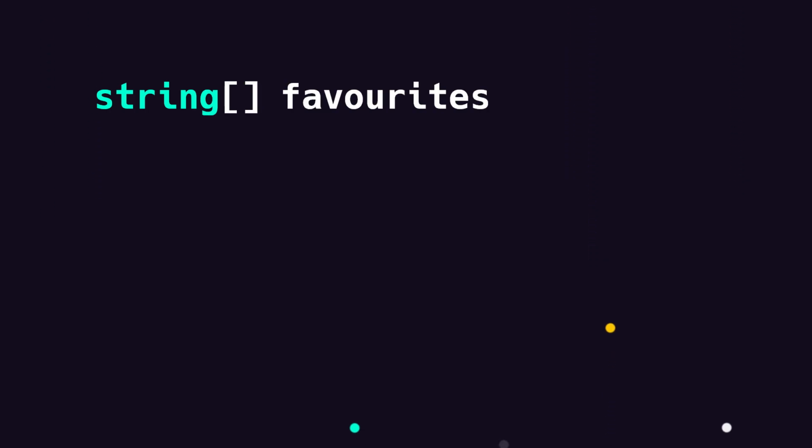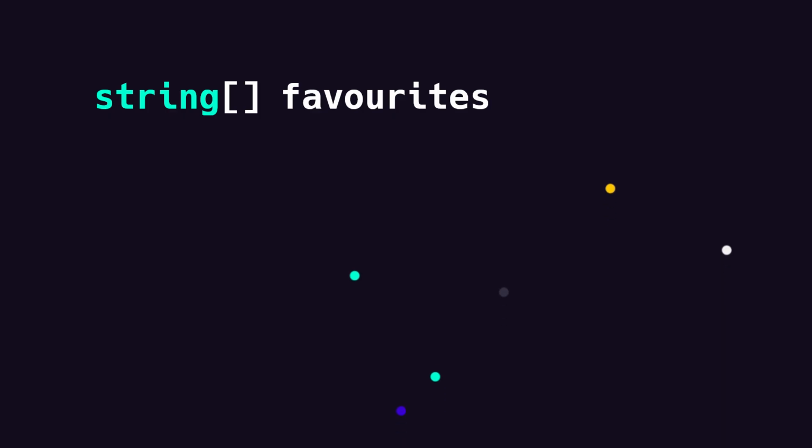Now, when we want to create a list of items, such as my favorite characters in Game of Thrones, for example, the easiest way to do this in C# is with an array. Arrays allow us to store multiple values in a single variable. And the syntax for creating an array is actually fairly simple. First, we put the type of the variables that we want our array to store. In this case here, that's a string. Then we open and close two square brackets, followed by the name of the variable.